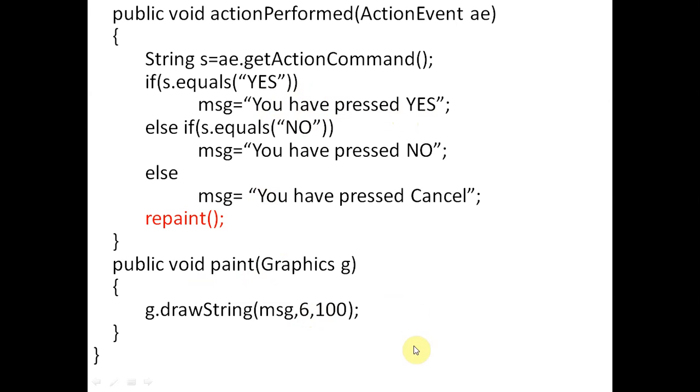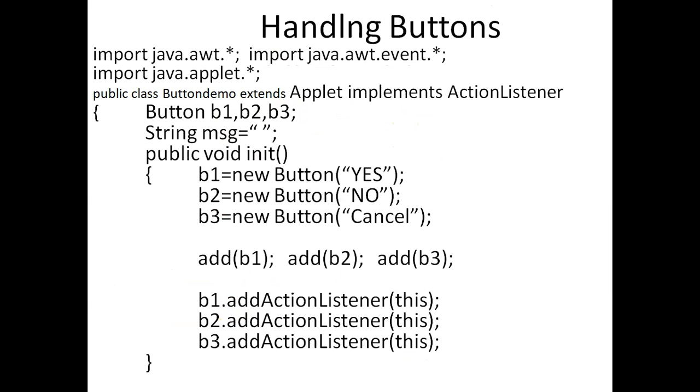So you can execute this program, and when you execute it, it will display the same message. This is a very simple program. You have to understand only two things. In the program where we use the action listener, we have to write extends Applet and implements ActionListener. So we have to notice these two. First of all, our class should extend Applet as well as implement ActionListener. And the second thing, we have to write init, and then define 3 buttons, and these buttons will be added on the applet.